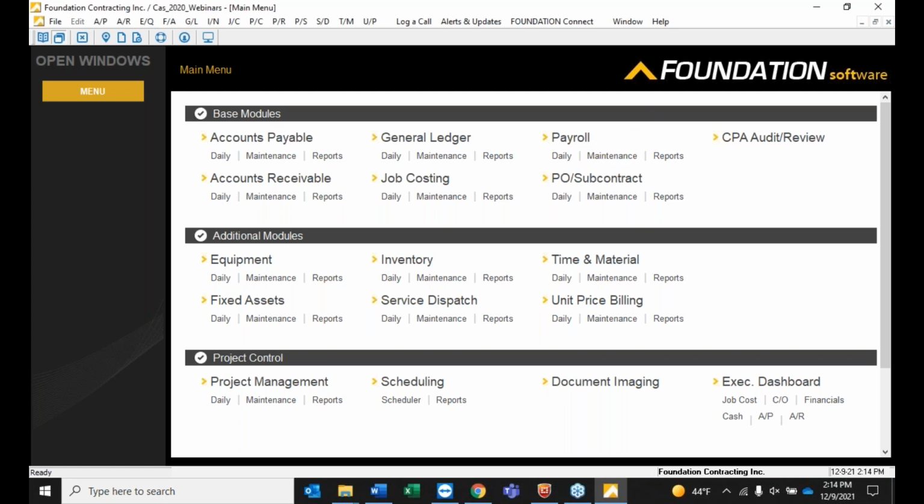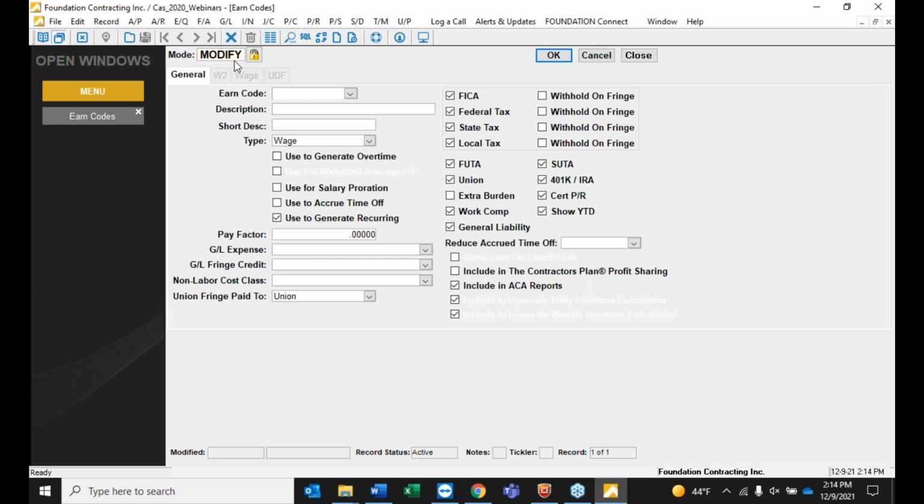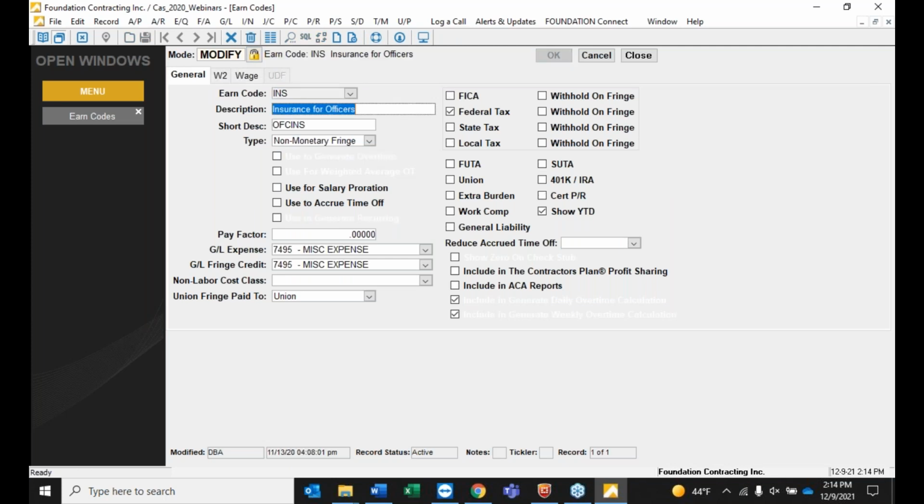So first, I'm going to go to earn codes under Payroll Maintenance. Like I said, we're going to be here a lot today. And we set up an earn code for this. And what makes it unique is that it's a non-monetary fringe, which means we're not giving someone money in their paycheck. We're just adjusting their taxable earnings. And so for this one, we're debiting and crediting the same GL account because we don't want to affect the GL. And this one also, we're saying is taxable just for federal. Now, again, I'm not sure if that's accurate or not. That's just